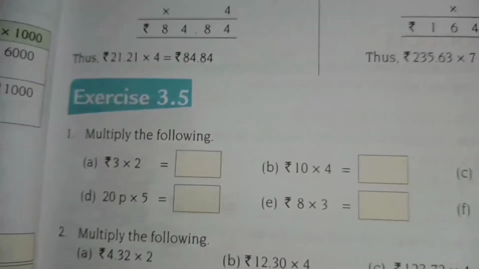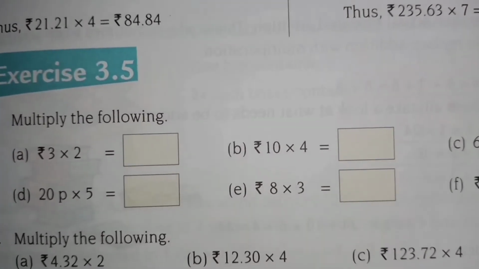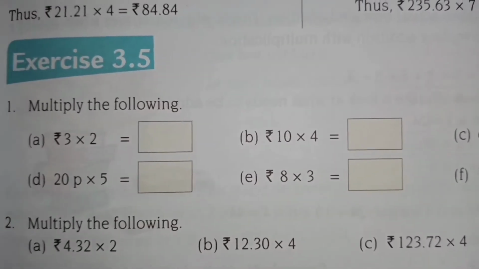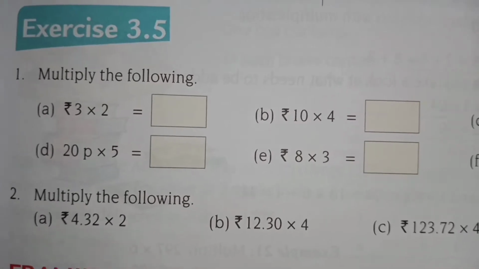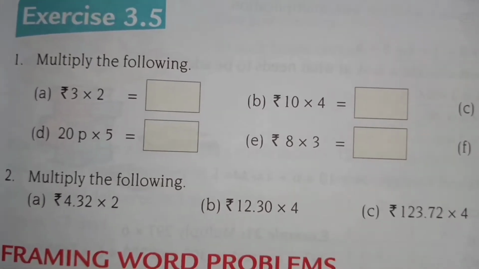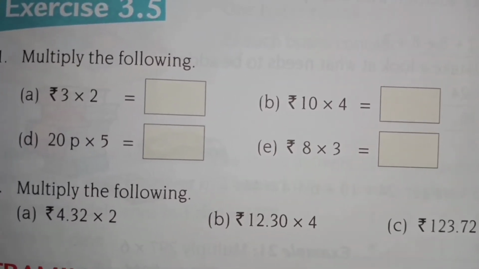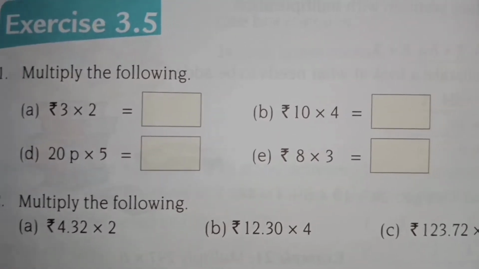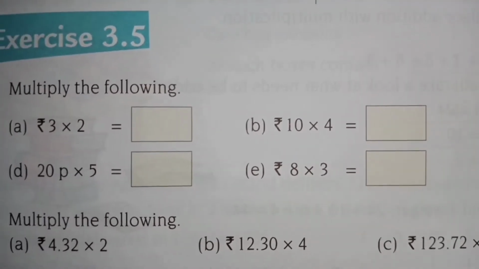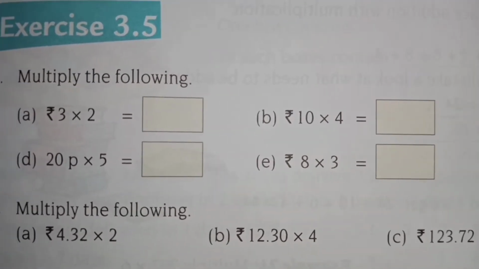So in this way you have to do the multiplication. With these 2 questions I have completed exercise 3.5. This exercise was very simple. Don't get confused with this decimal point and all. How you do the multiplication, same way you will do it. At last you put the point, after counting after how many digits the decimal point is there. If you have doubt regarding this, because this is new to you and you are doing this for the first time, then you can ask me.